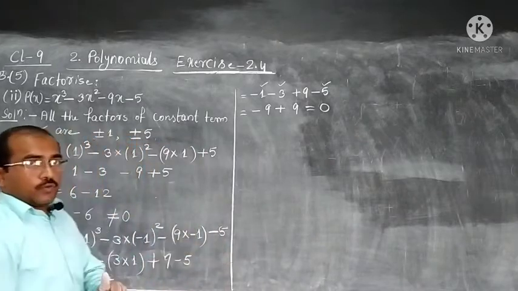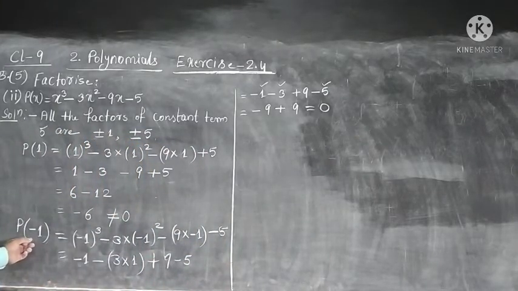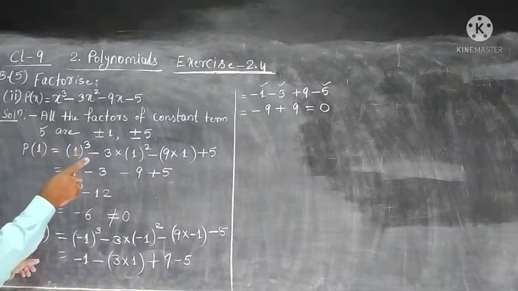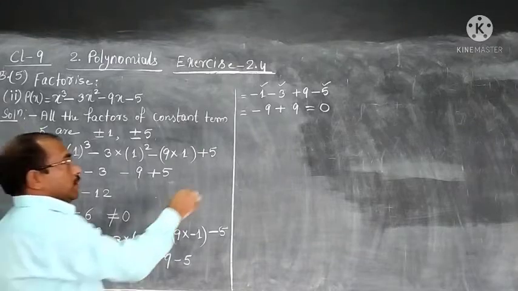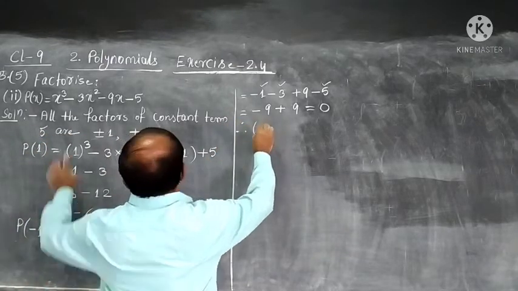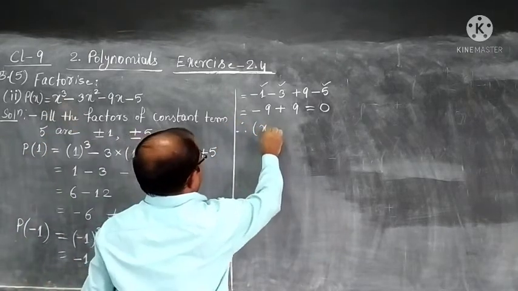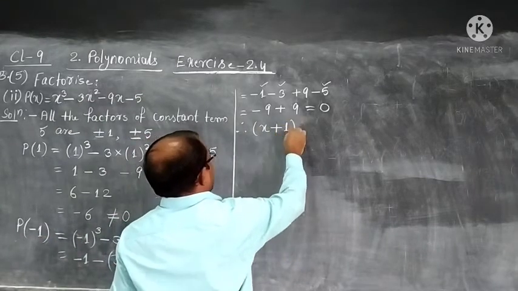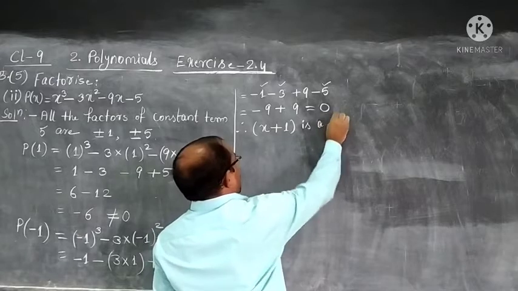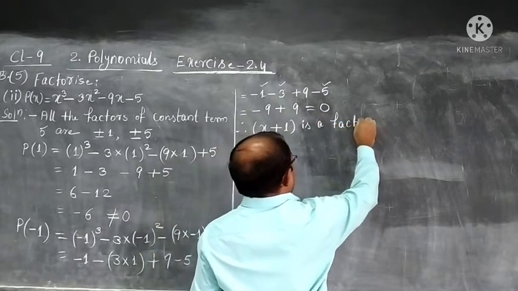So, who gave us 0? Which 0 gave? Which is the 0 making the polynomial equal to 0? That is minus 1. We have to write it as a factor. How will we write it? Variable is x, sign is minus, so we will take plus. So, x plus 1 is a factor of p(x),